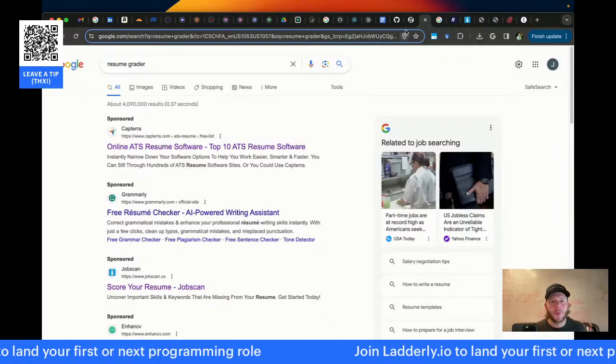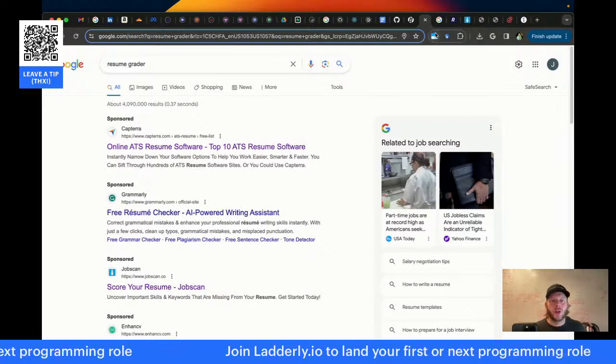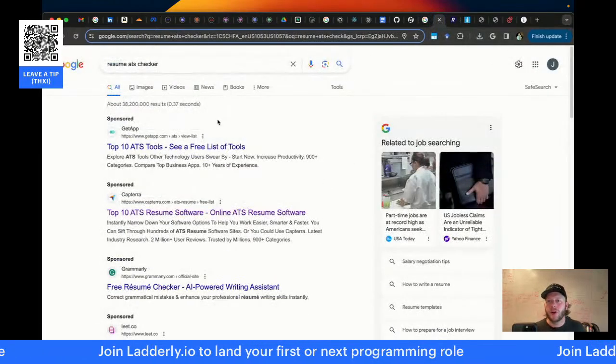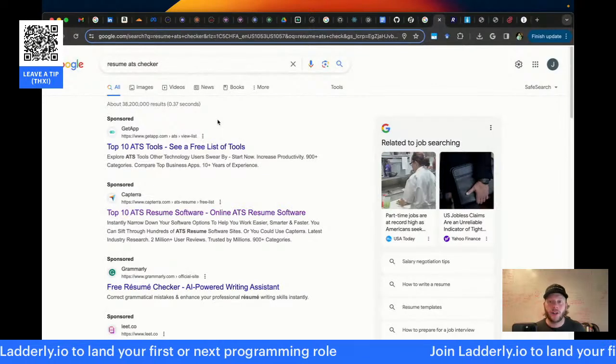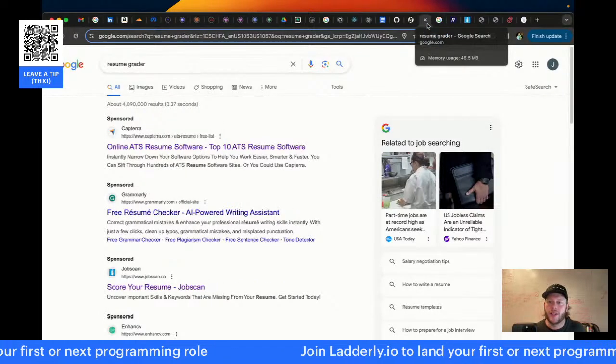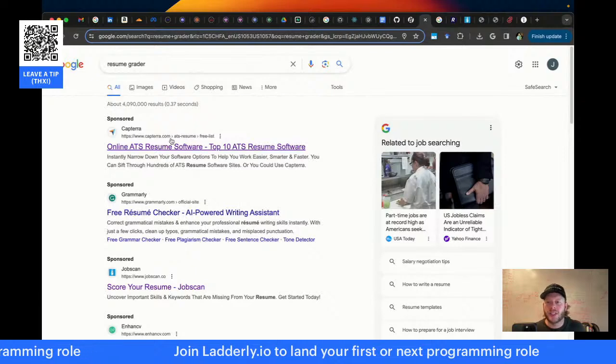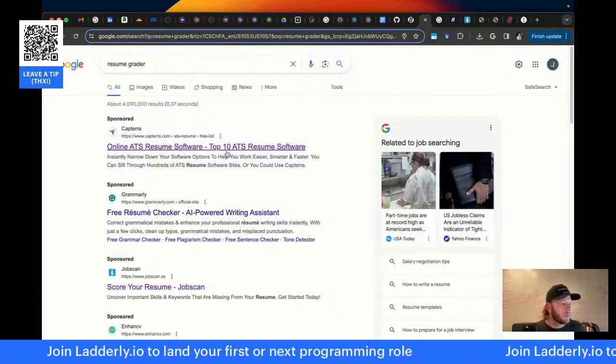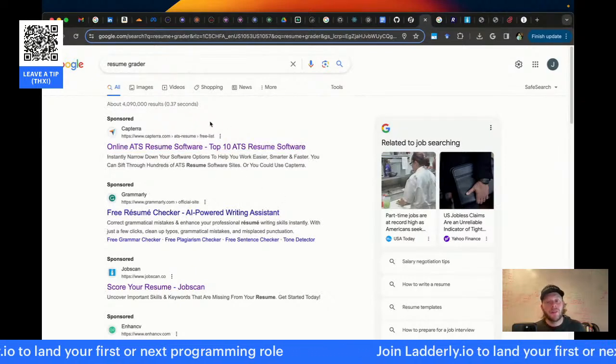Let's kick off. You can see I've just searched resume grader, and then I have another tab where I searched resume ATS checker, more specific on the ATS. I opened up a bunch of these tabs. You can see the visited links in purple here. We're not going to revisit them. Some of them I've